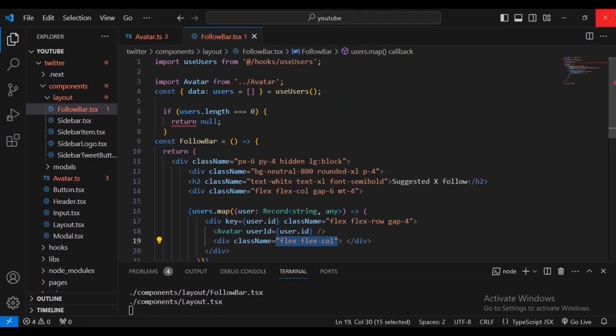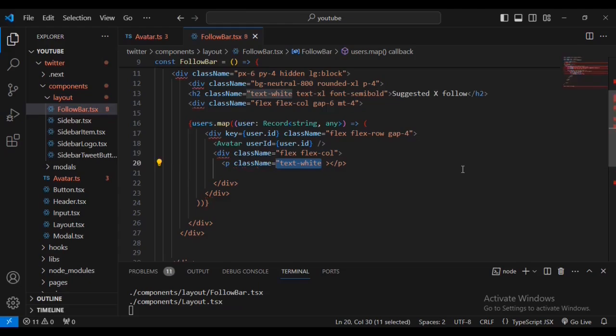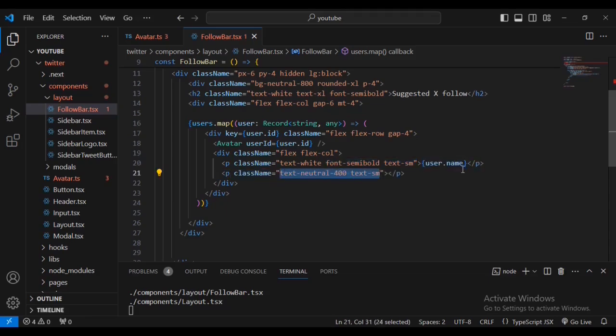Then let's have a paragraph there with the class name text white, font semi-bold, text small, and with user. Then let's have a paragraph, text neutral 400, text small, user at username. So if I come back and reload my web page,